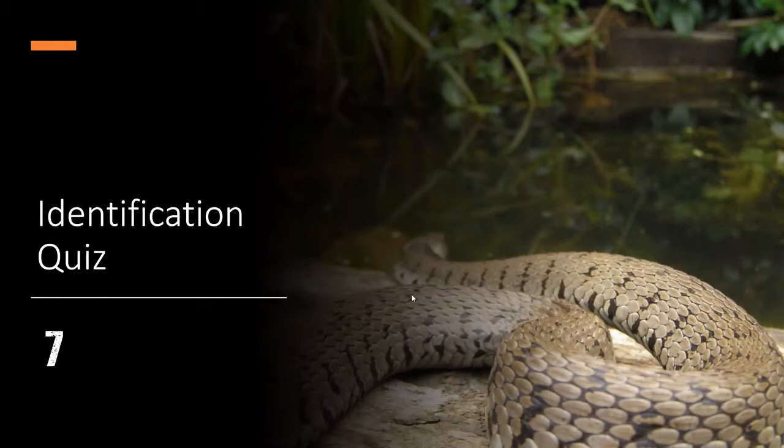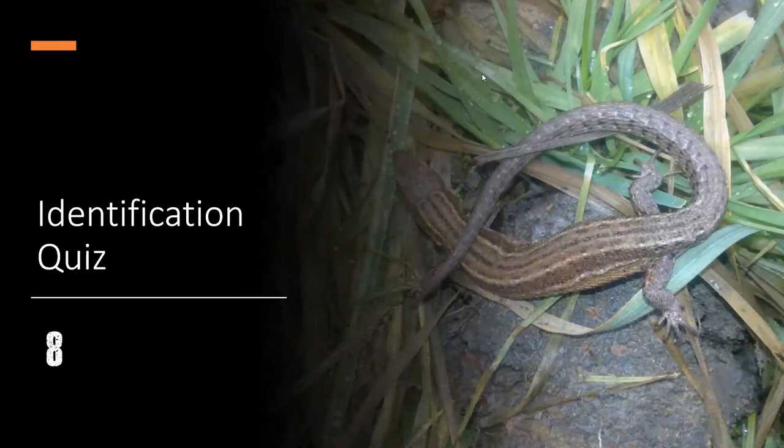If you see a grass snake in this country, it's almost always a barred grass snake. I have so little information on that introduced population of grass snakes from South Europe that I imagine 99.9% of the time it's going to be a barred grass snake. So you very, very rarely need to make that distinction. So I'll accept barred grass snake or grass snake for that. And then finally,